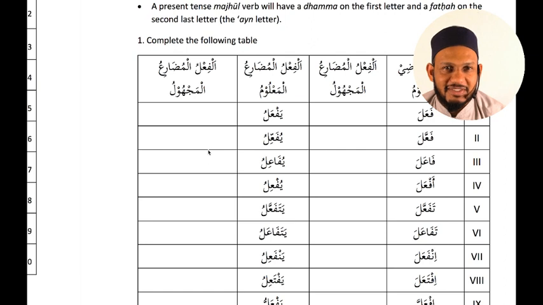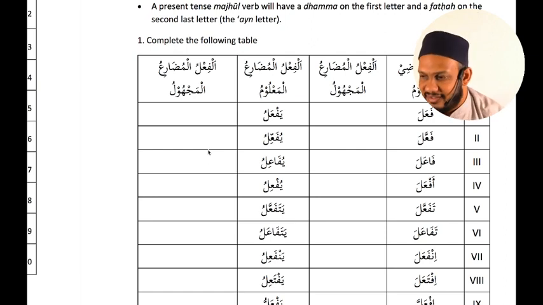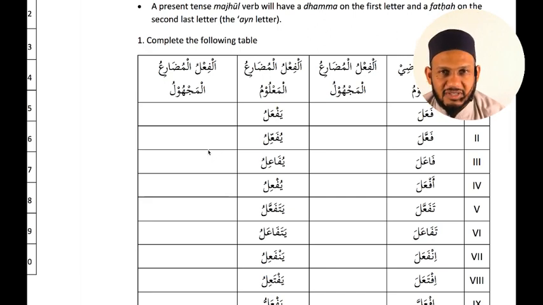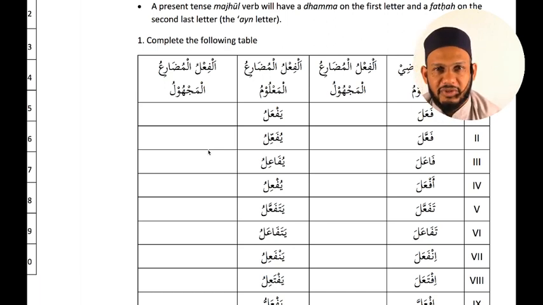We'll give you the answer so you can see it next week. It's not like a stressful thing. It's just how to make the majhul verb. So we'll give you the answers, but for this week, just try to apply the rule and see if you're able to come up with the answers on the majhul. Because remember, we left out the majhul for all the mazid fihi, so you can bring it back by just knowing the rule of majhul. That's the easy way to bring it back into your understanding, inshallah.